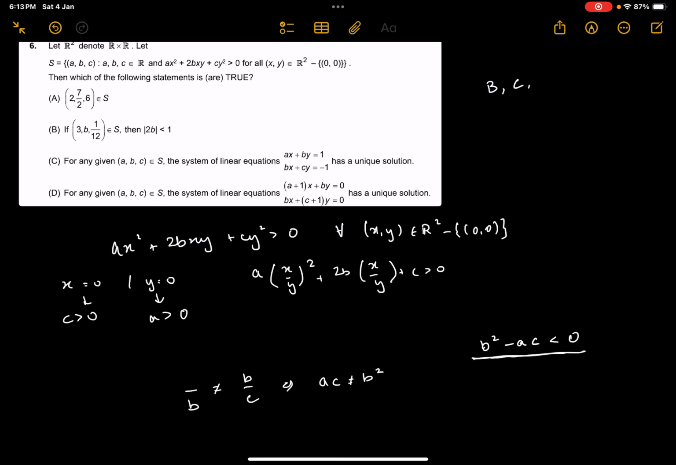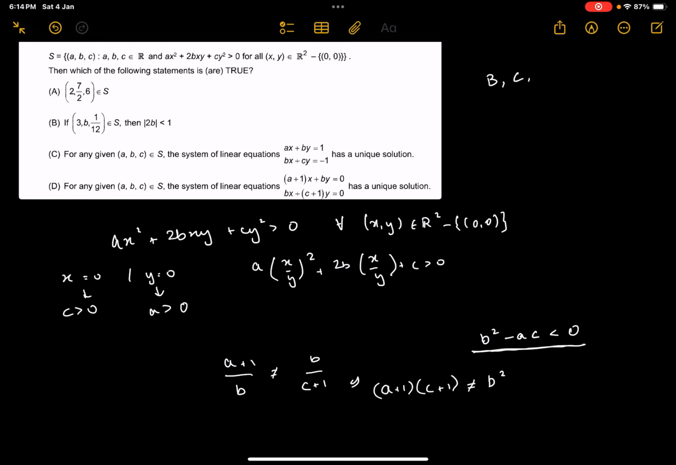So far the question has been straightforward, and again this question is not really from any particular section, though it uses some basics of quadratic equations. To check for option d, again (a+1)/b should not be equal to b/(c+1). So this implies (a+1)(c+1) should not be b². Although this is not immediately clear, when we expand it,